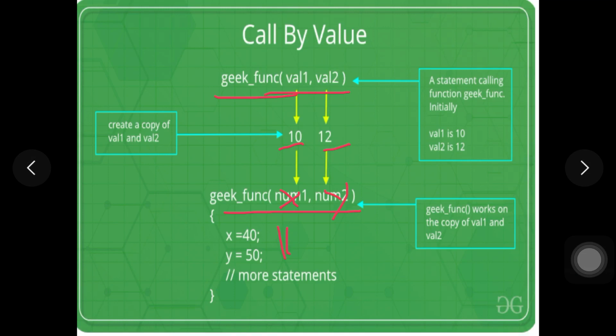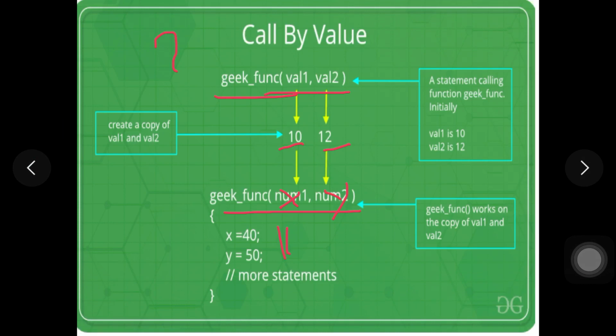Do these x and y values we have changed affect val1 and val2? This is our question. Does this affect the val1 and val2 variables? No, it does not affect the variable values in the calling function. In this mechanism, whatever changes you make in the called function to the variables will not affect the calling function.